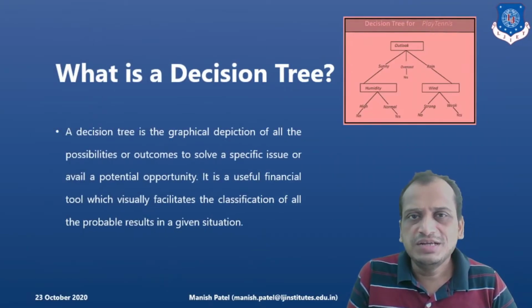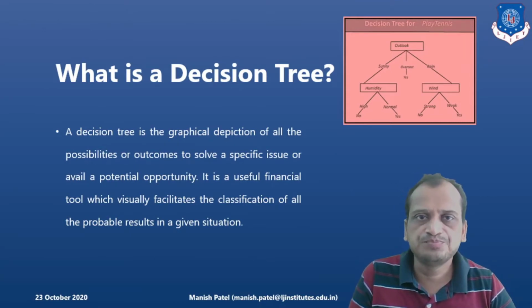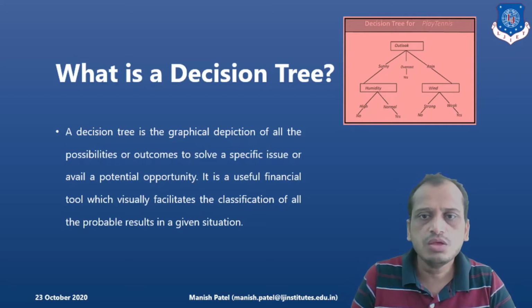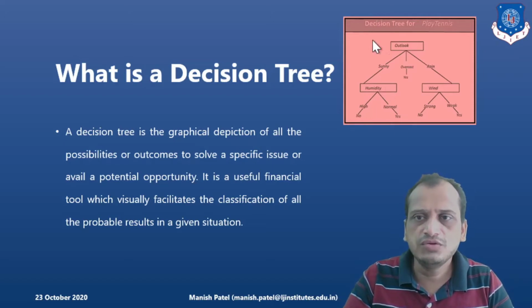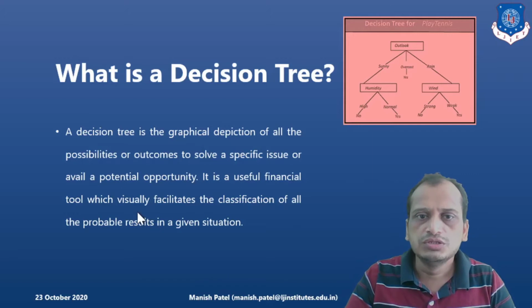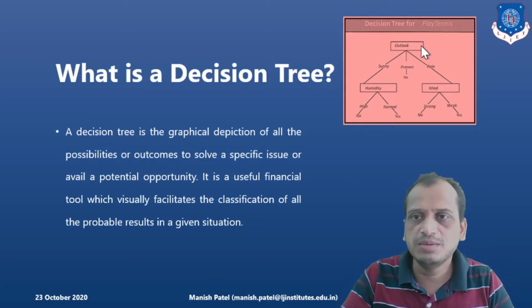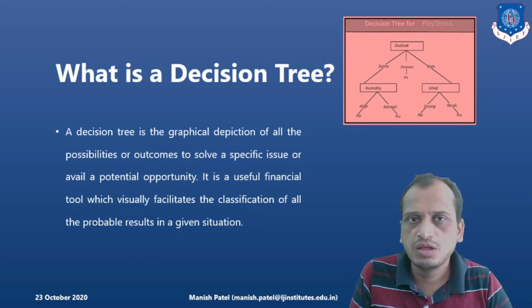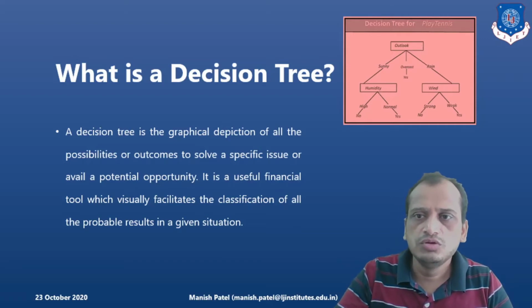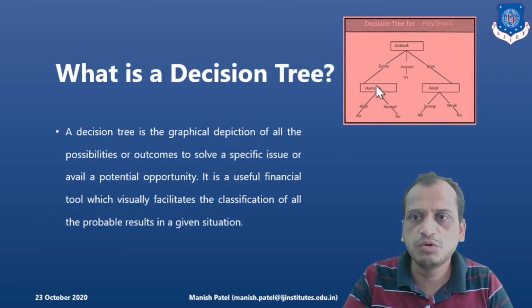So what do you mean by decision tree? Based on the decision criteria which we have identified in previous steps, we can prepare a decision tree. Here on the right hand side you can see the depiction of the alternatives which we have decided beforehand. First of all, we have different possibilities. For example, if you want to play tennis outside, you will decide based on the outlook. If it is humid weather, there are possibilities of high humidity or normal humidity. If it is high humidity, then you will not play. But if it is normal, then yes, you can.